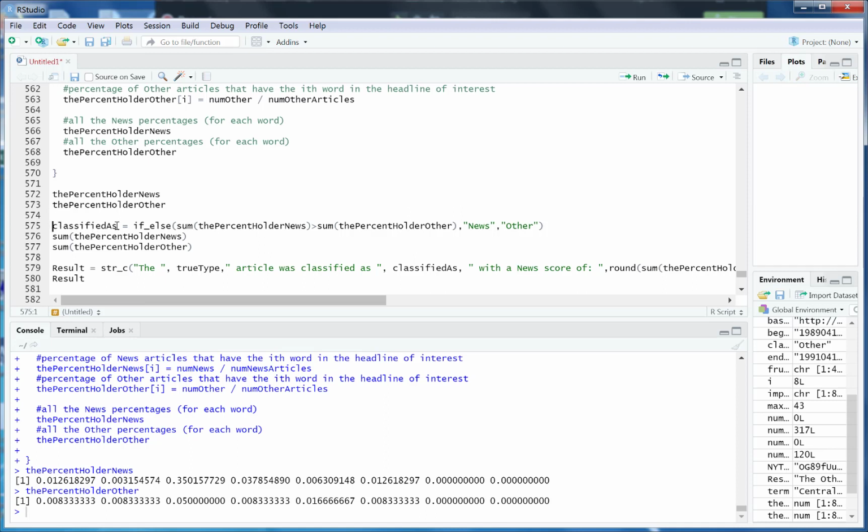So I'm going to say classified as. So we know the true type, but now what did our classifier classify it as? Well, it's very simple. If else statement again. If the sum of the percent holder news is greater than the percent holder other, then classify it as a news. And if it's not, then let's classify it as an other. And so if we add all these guys up, it will be,